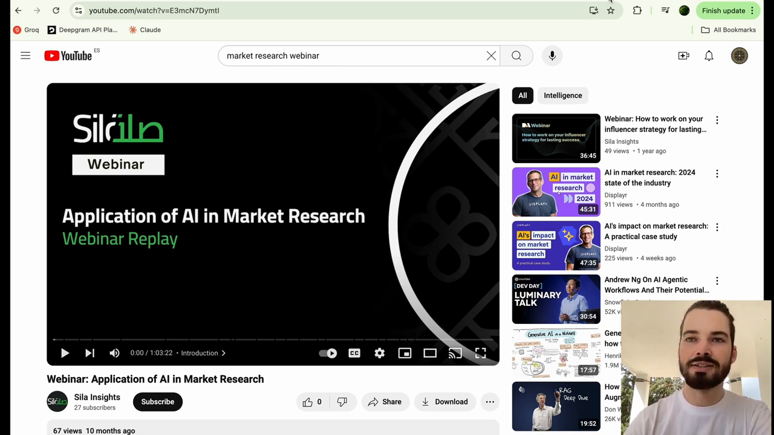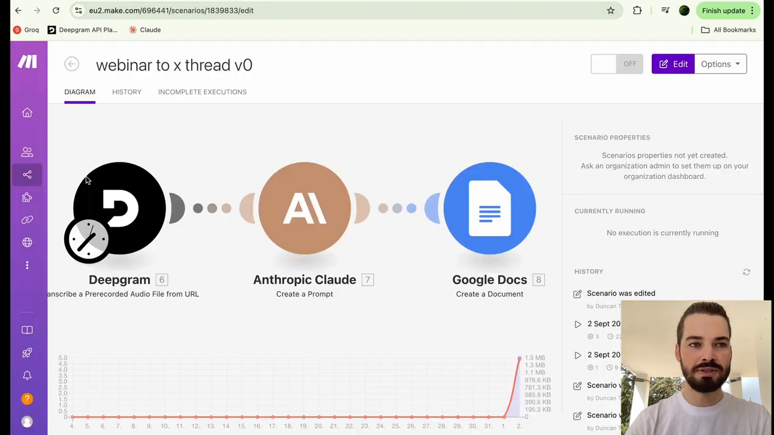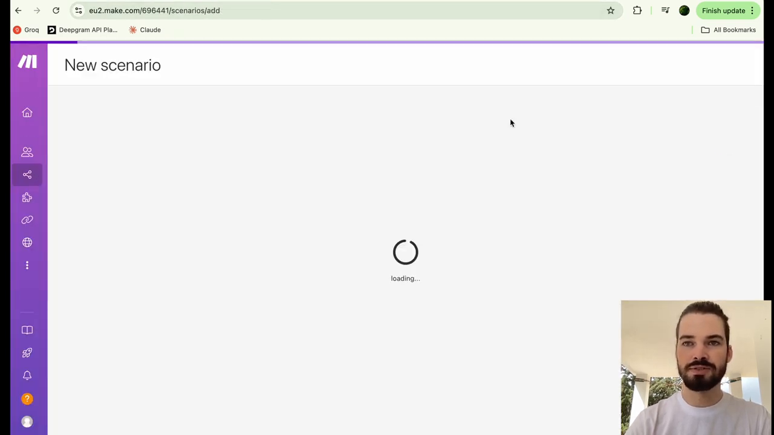So get that. I'm using tmpfiles.org. It's free. You can upload a file here and it only stays there for an hour. That's why it's free, but that's all you need. So upload it, and you just grab the URL here. So just copy that, and then in Make, I'm going to go to scenarios, create a new scenario,